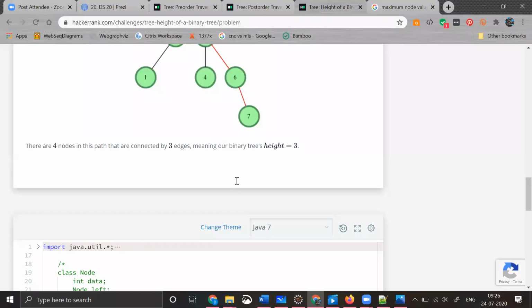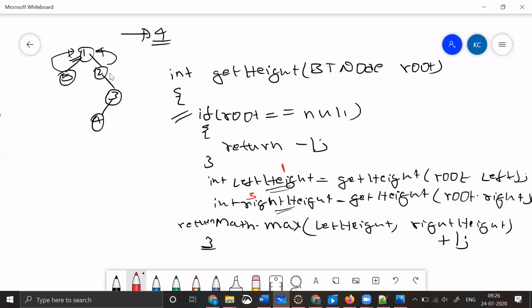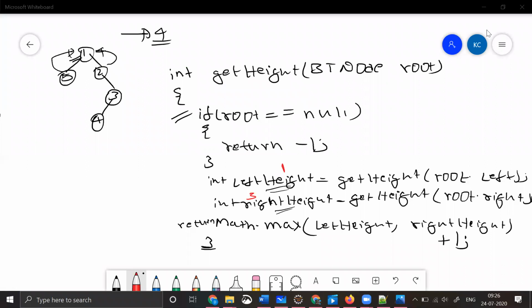Okay, why is the Math.max function required? Let's go back to our small example. In our recursive program, my root is asking, hey, left subtree, what is your height? Okay, and left height is given to be 1, right? And my root is asking, hey, right subtree, what is your height? Right? Recursively it finds out, and finally at this particular point it says, yeah, my height is nothing but, one second, here it is passing as 1, right?